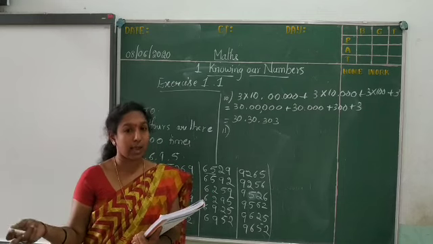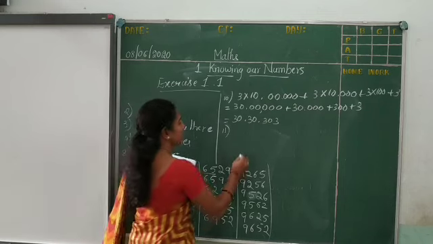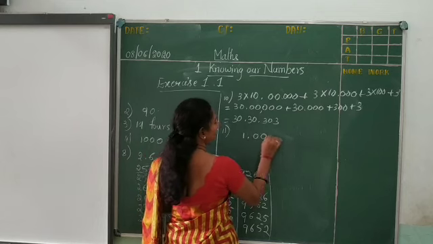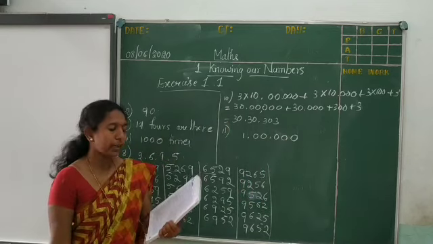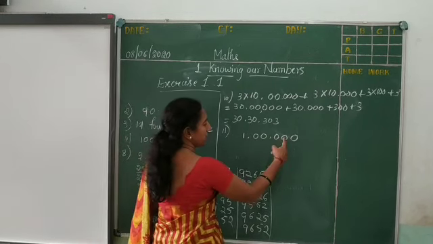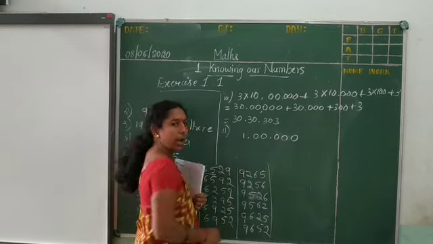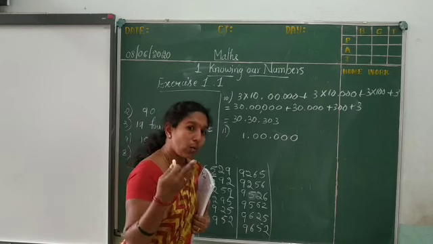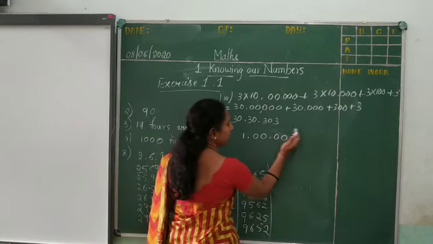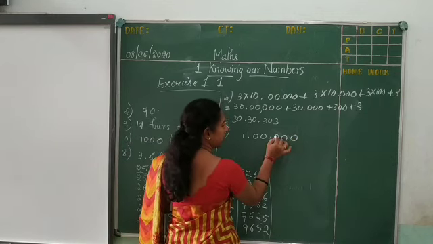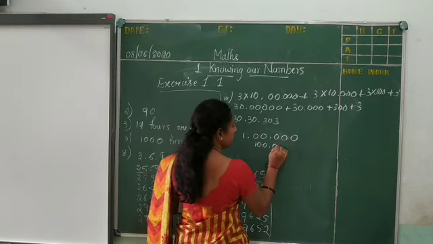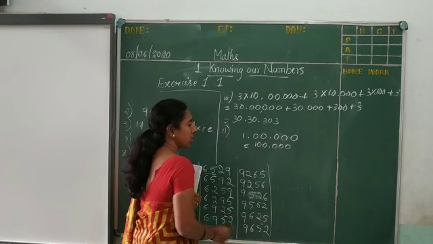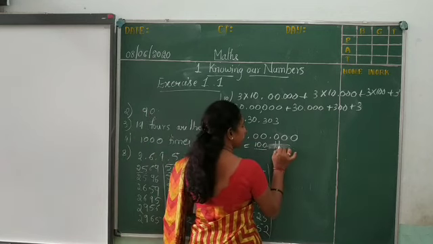They are given in the lakh. So lakh means how much? This is how we will write the lakh, correct? This is lakh. Ones, tens, 100, 1000, 10,000 and lakh. So how many thousand they are asking? Leave these ones, tens, 100. These are 1000. So it is 100,000. So the answer is how much? 100,000.